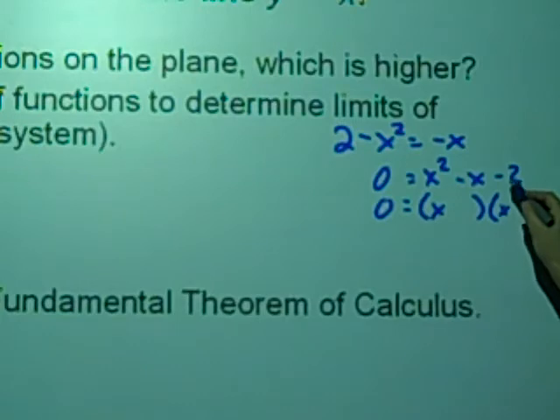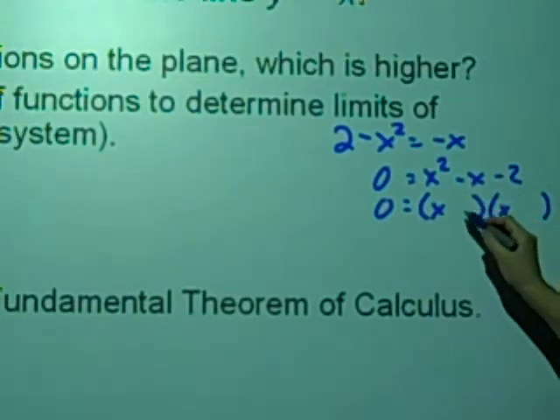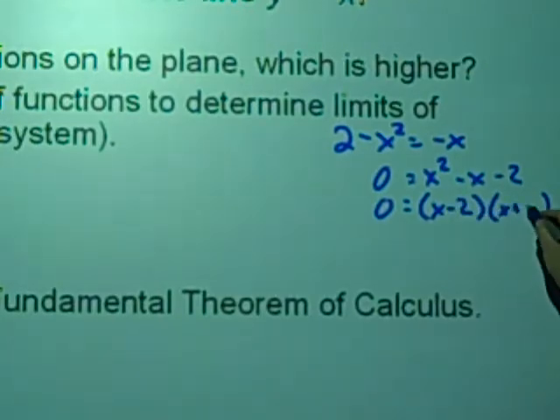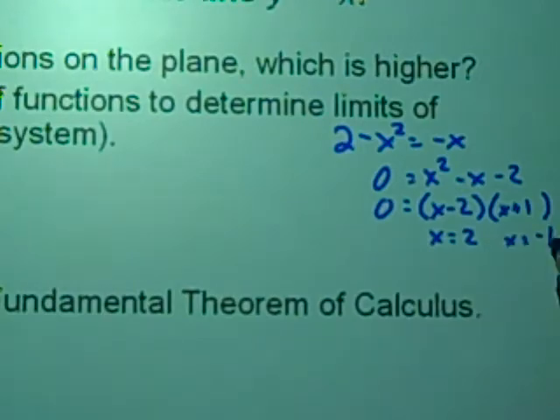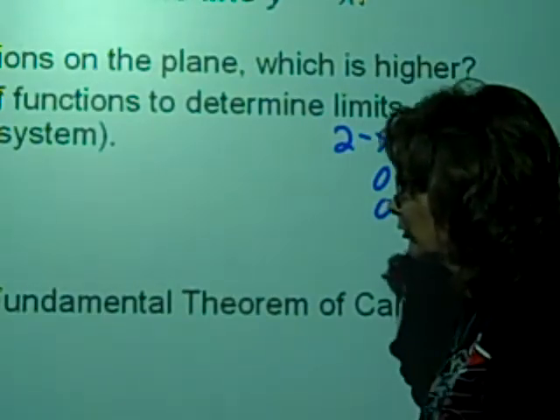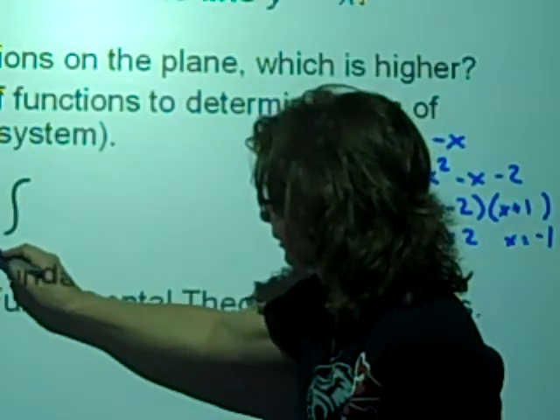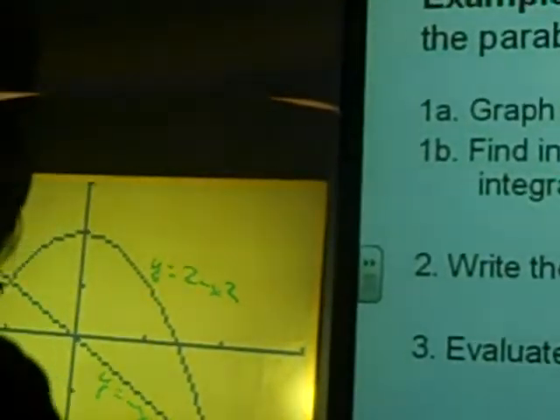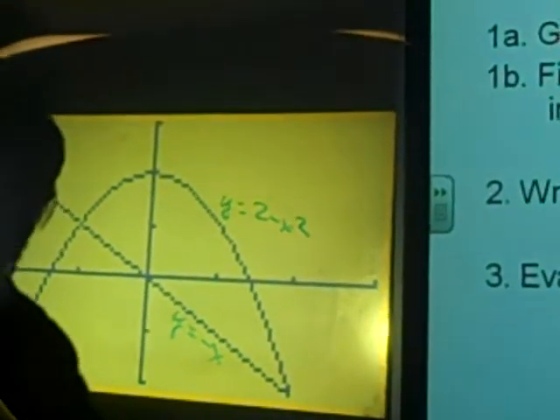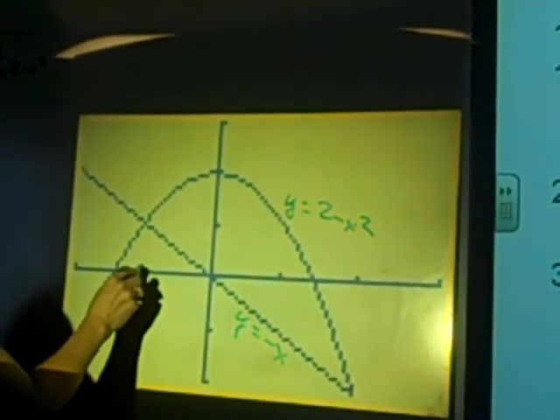x and x, and I need two numbers whose product is -2 with a sum of -1, so it's going to be -2 and a +1. So x equals 2 and x equals -1. There's my limits of integration. So I'll write that there, -1 to 2. And I can see when I come over here, totally verified on the graph,